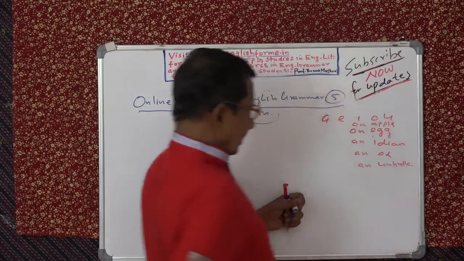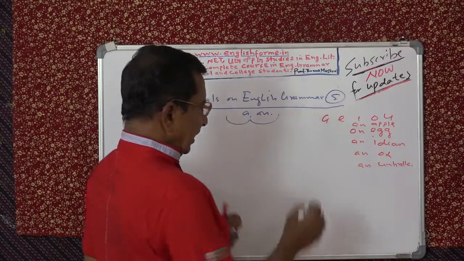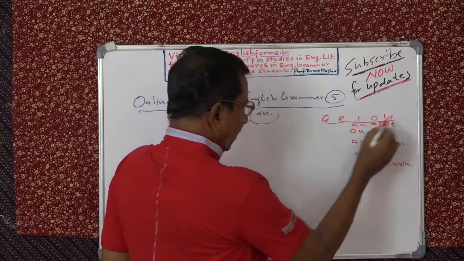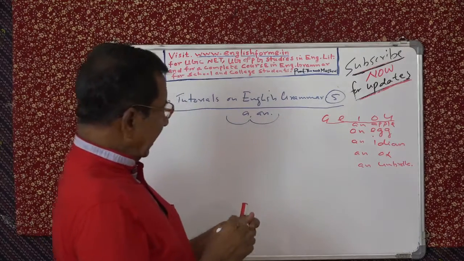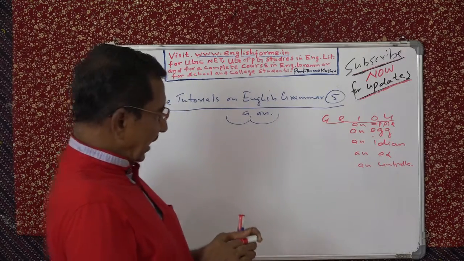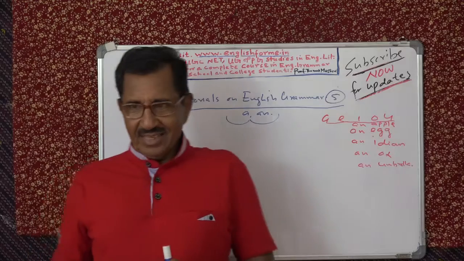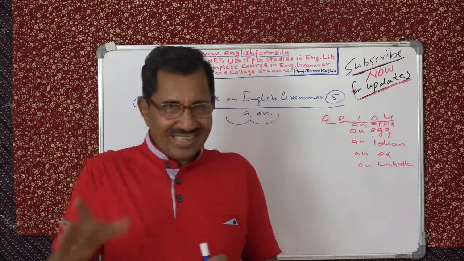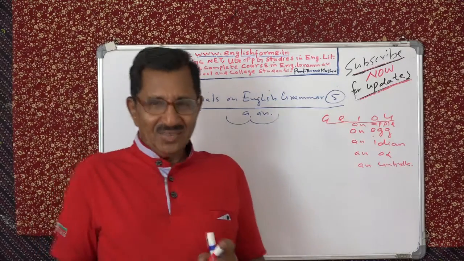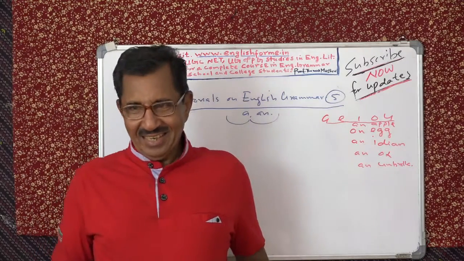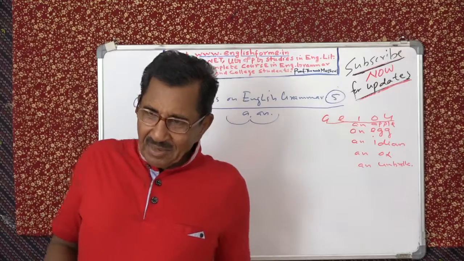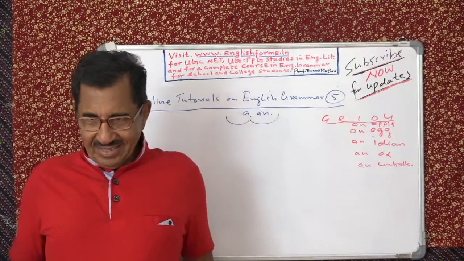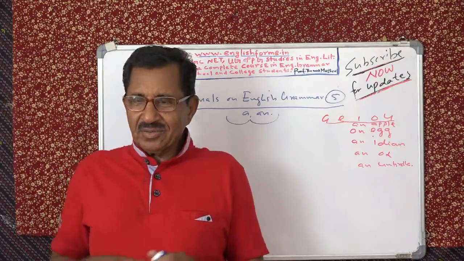So this is what we said. Say A, E, I, O, U. You have an apple, an egg, an idiom, an ox, an umbrella. Okay. But now you should forget that. What I told you yesterday, please forget, because we are going to have a brand new idea. And that is, you must have seen